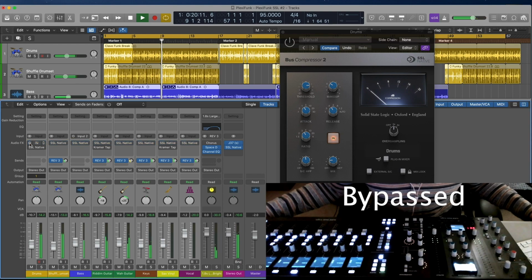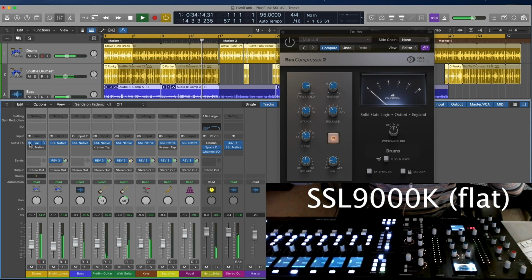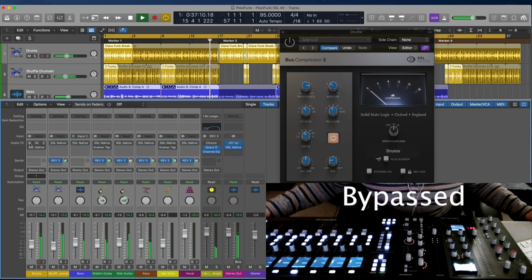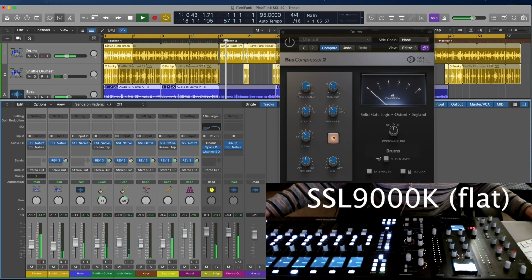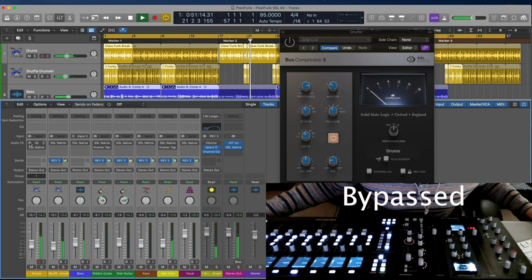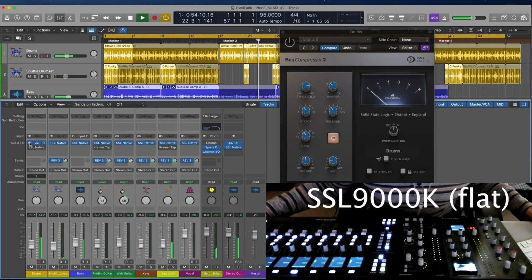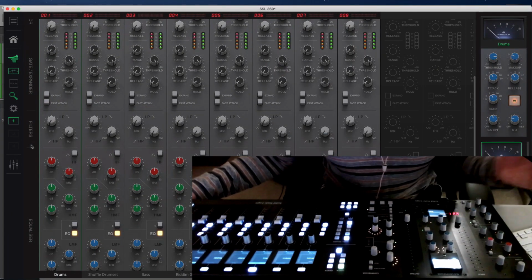Without. With. Without. Without. With. Cool. Alright, so now we hit the 360 switch, and as you can see, the key is to put it